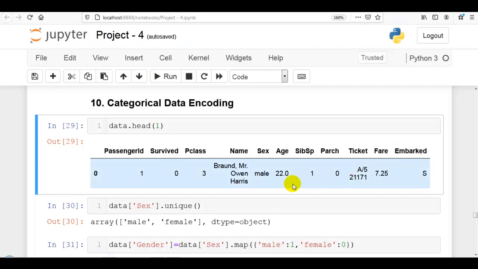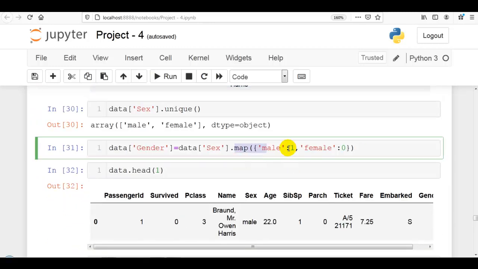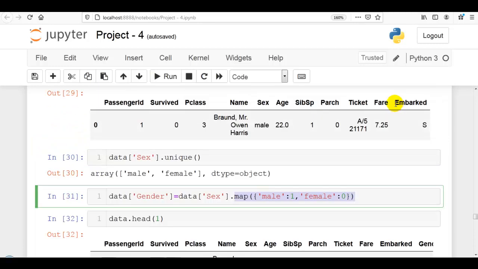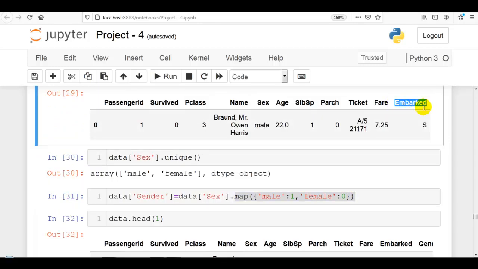If we have three or more categories, it's a bit difficult to write the map function, so it is better to use the get_dummies method of pandas. Let me show you this practically. Before we encode the embark column, let's check how many categories there are.